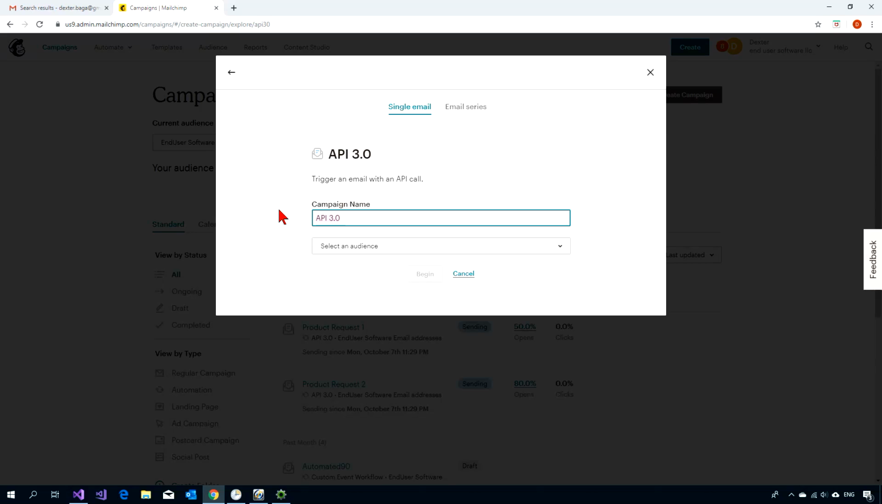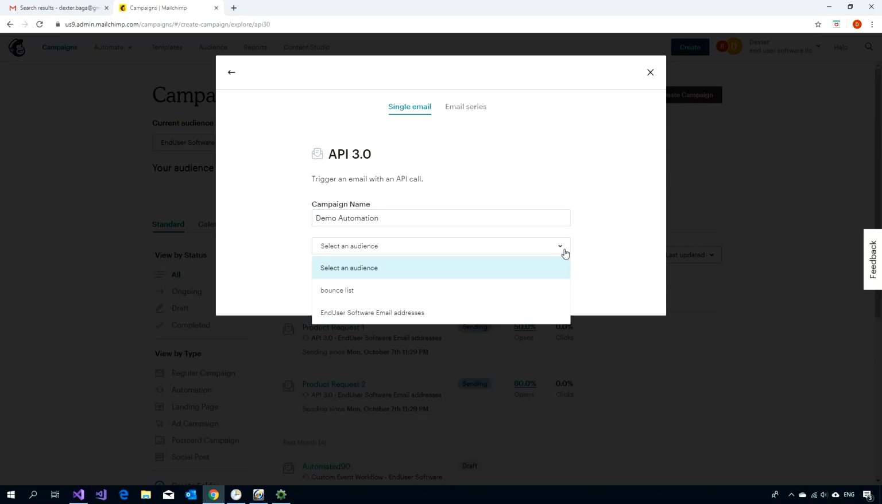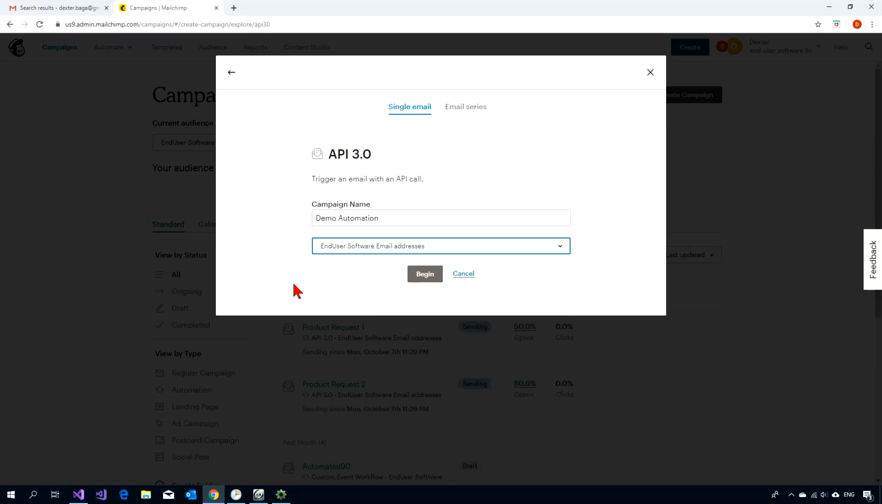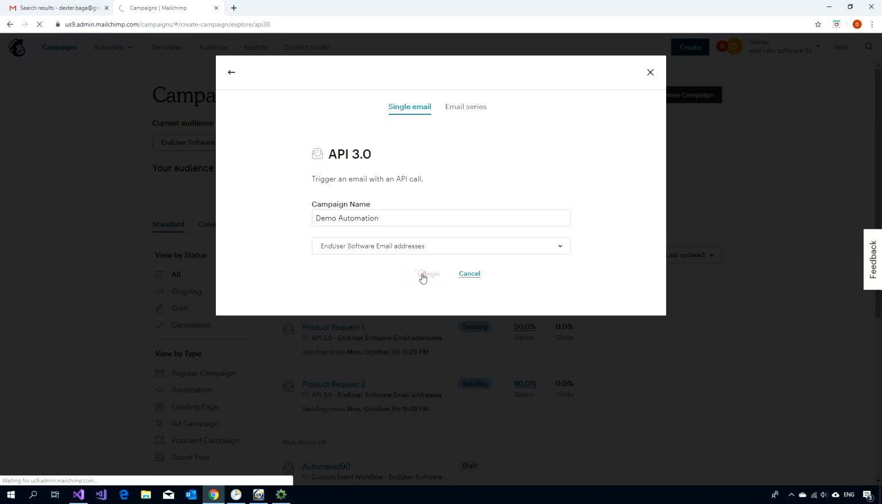Now, this is really similar to creating a campaign in MailChimp. It just so happens that we are telling it how it should be triggered. So in this campaign, we can say this is just a demo automation, and we select an audience. So this is the list that the tool will be updating or will be uploading to. So you can use any list. In this particular case, I'll just use the default list for this demo. And then if you click begin,